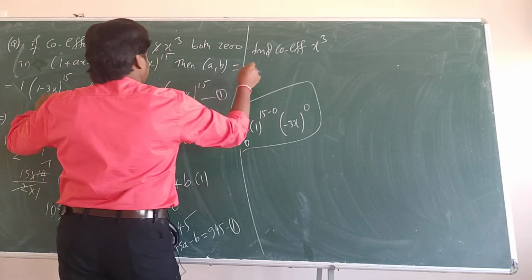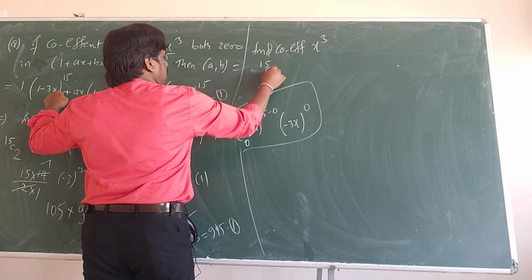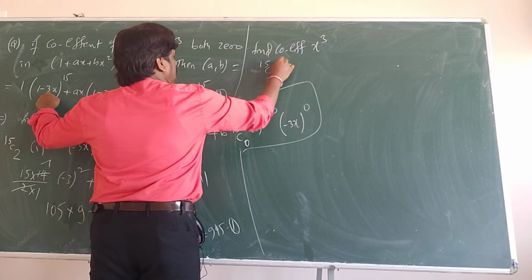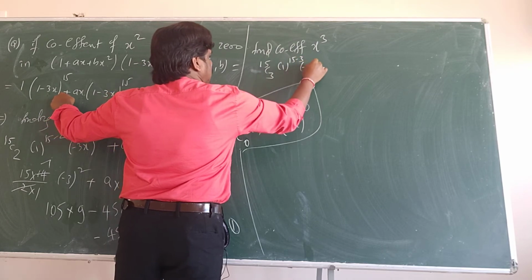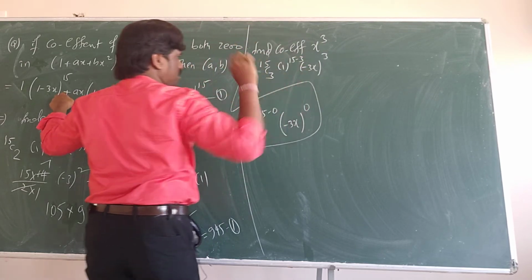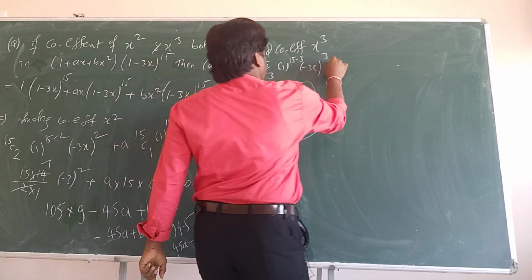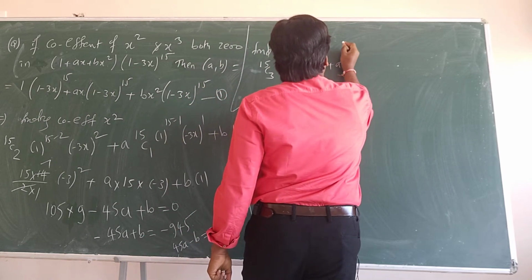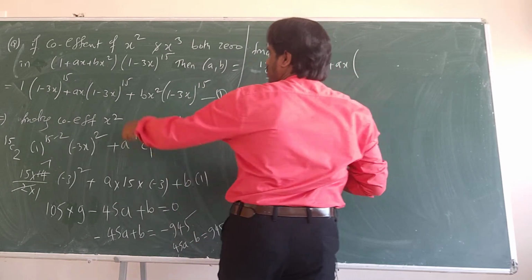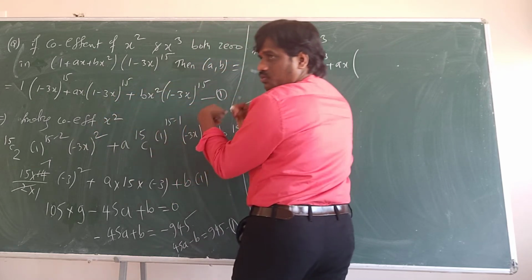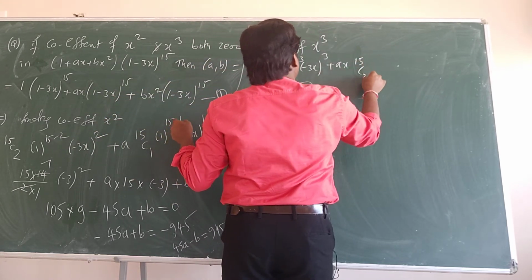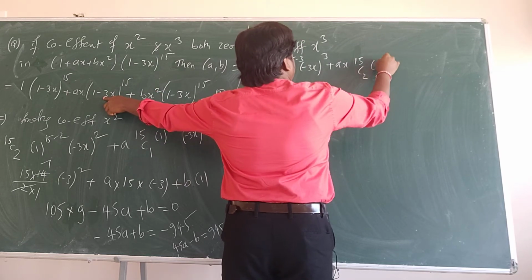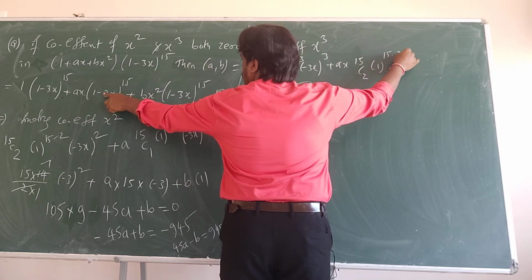So what do I write here? 15C3 into 1 power 15 minus 3 into minus 3x power 3. Plus ax, and here what I get is 15C2, 1 power 15 minus 2,